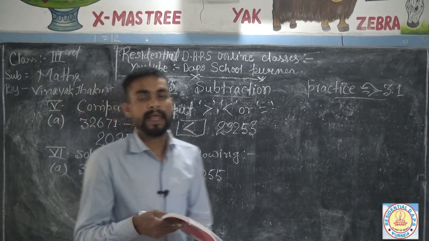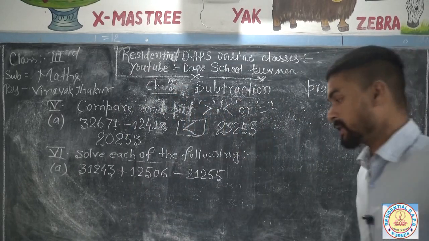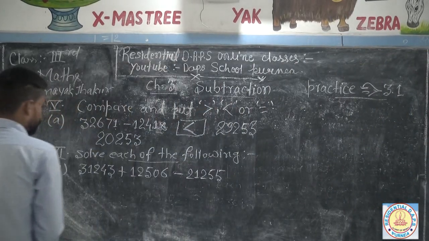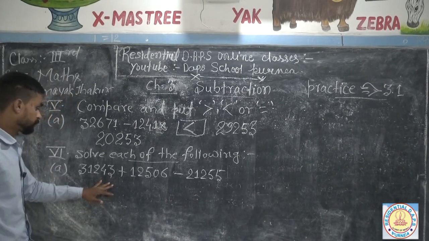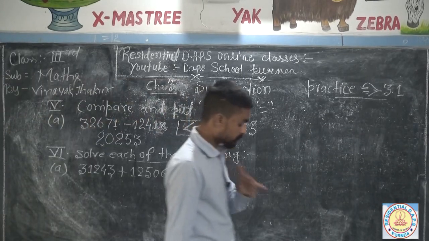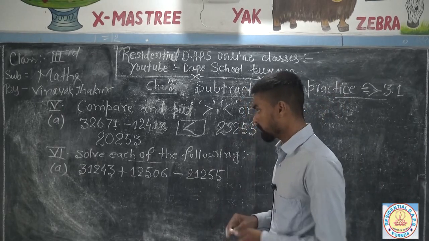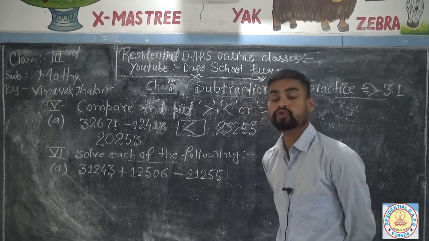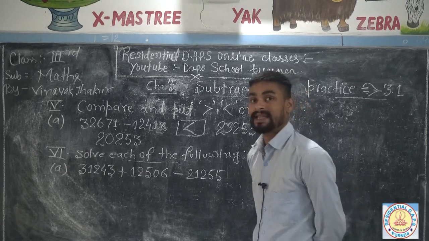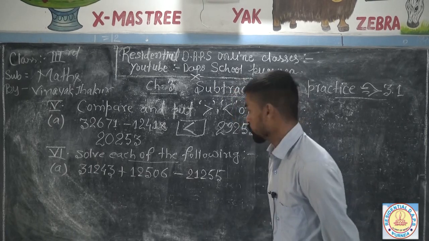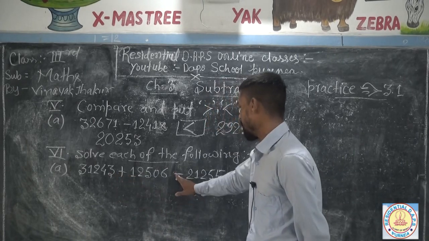Just focus on your blackboard. How will I solve this question? Just look at it on your blackboard. It is very important for you, because you have many questions, but this is one of the most important questions. So in that question, two signs are represented on your blackboard, which are at first plus and then minus.